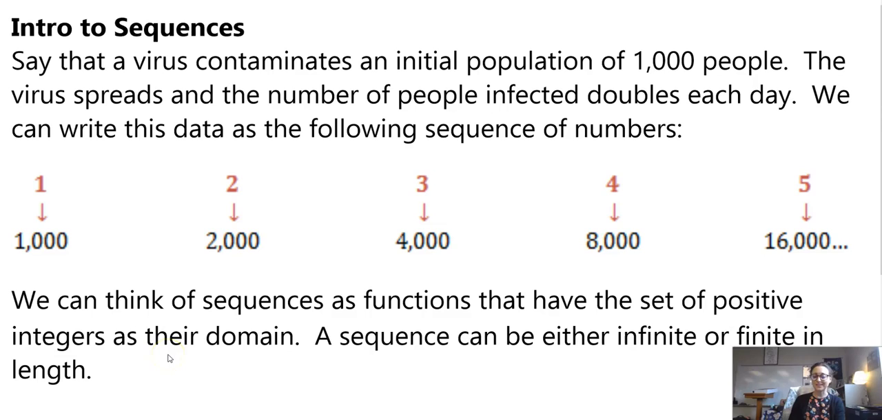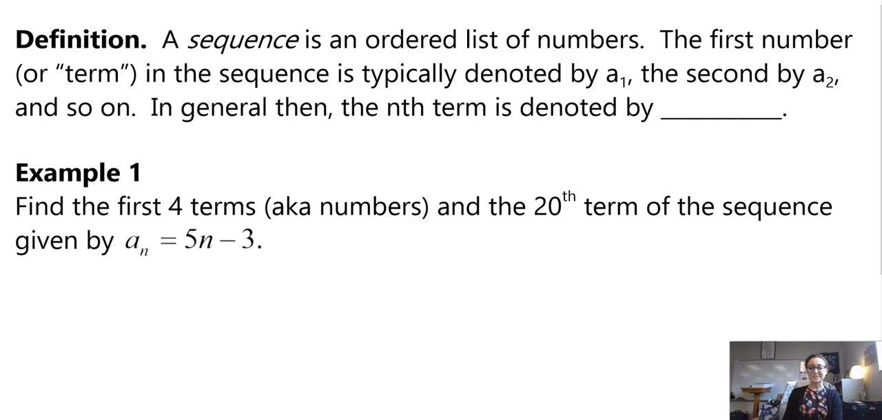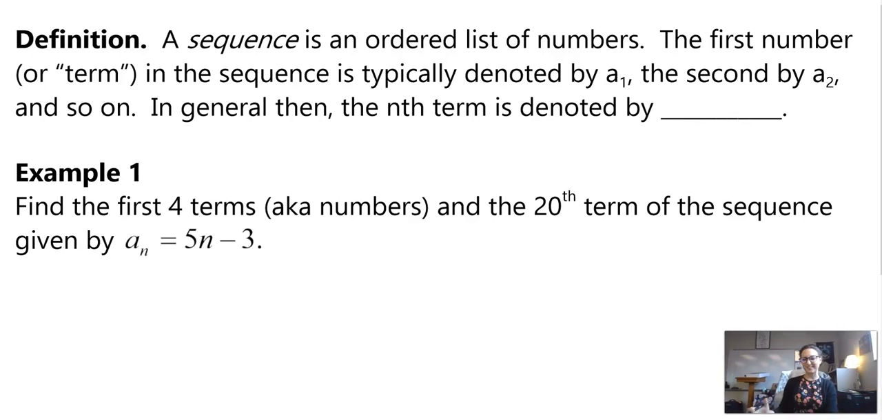etc. We can think of sequences really as functions that have a set of positive integers as their domain, like 1, 2, 3, 4, 5, etc. And then these would be our outputs. And the sequence can be either finite or infinite in length. So it could go on forever, or it could have a termination point. So today we're going to look at some definitions and really kind of get into both the terminology and the